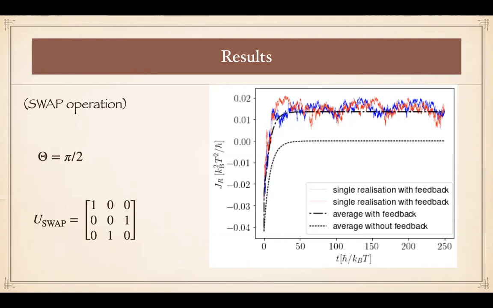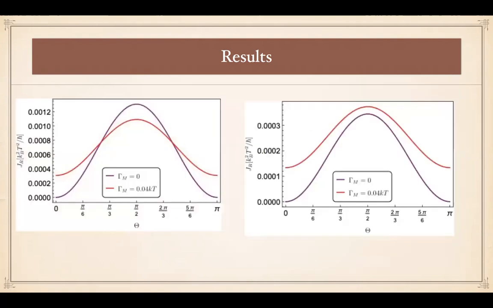So it looks like if you do swap after measurement, you get a better cooling effect compared to if you don't do swap. But the point is that you don't need to do the swap to get the cooling effect. You can get the cooling effect just by measurement. If you do continuous measurement on the local basis and you study the global system, you can somehow extract the heat from the cold bath and dump it to the hot bath, as well as the measurement.